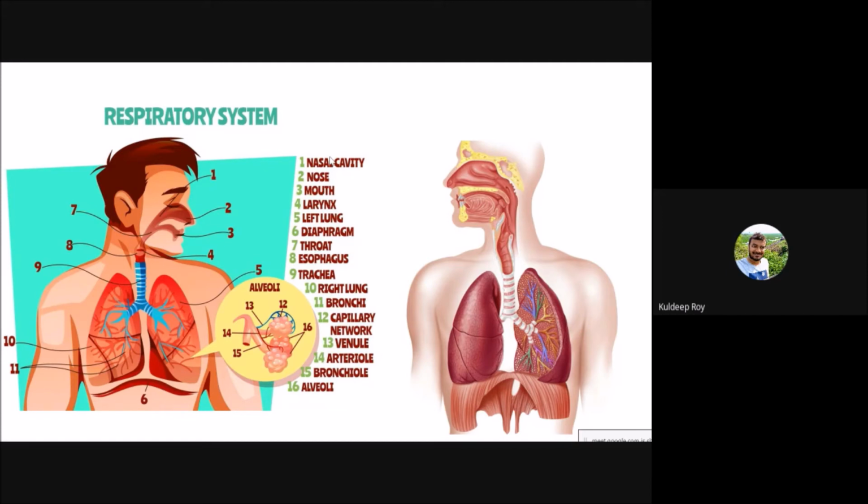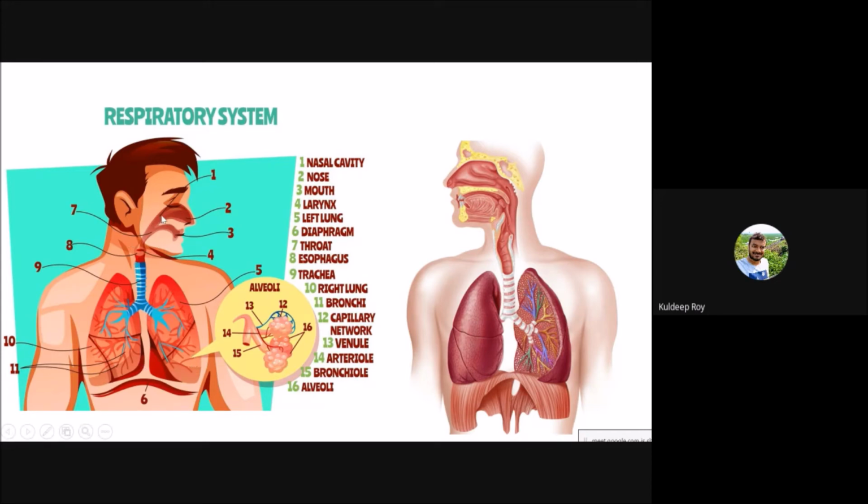Then you have to see the phenomena of mass transfer and correlate it with your human body. Now you can see these are the parts. I think you know all these things, but we will talk about the alveoli. This particular region, which is called the alveoli, is what we are interested in. How is the mass transfer happening in this whole region? I have highlighted this particular region.